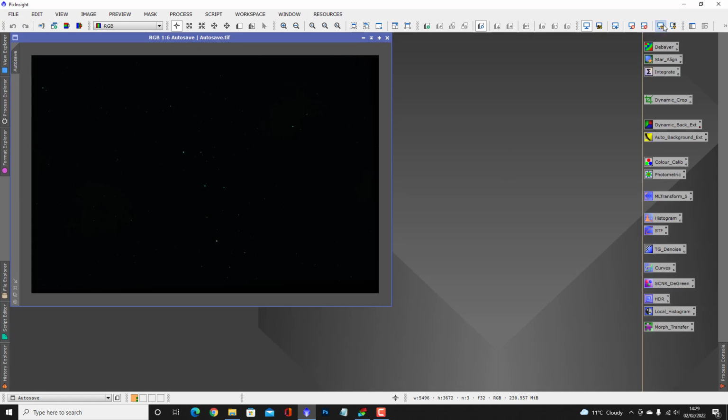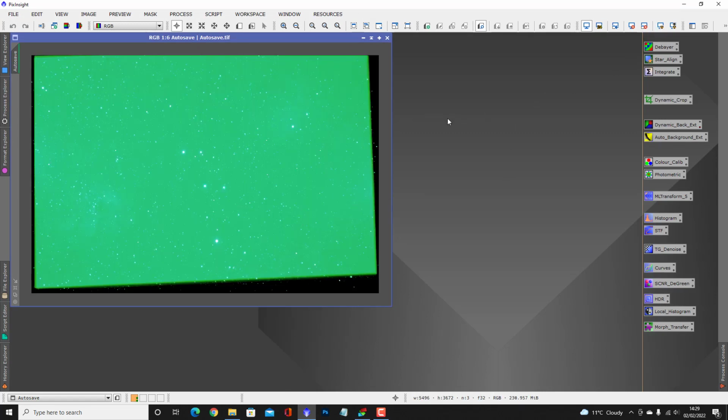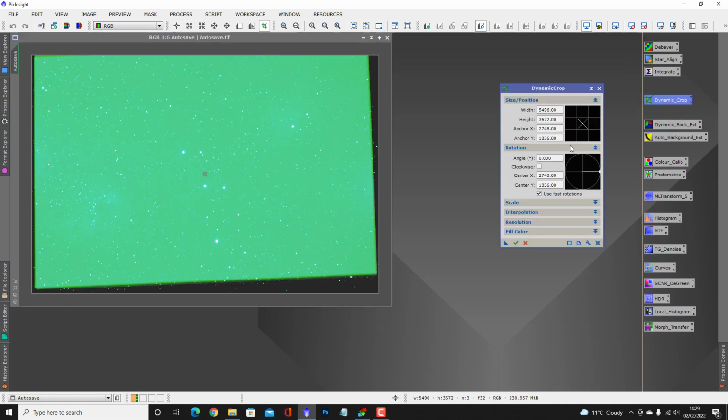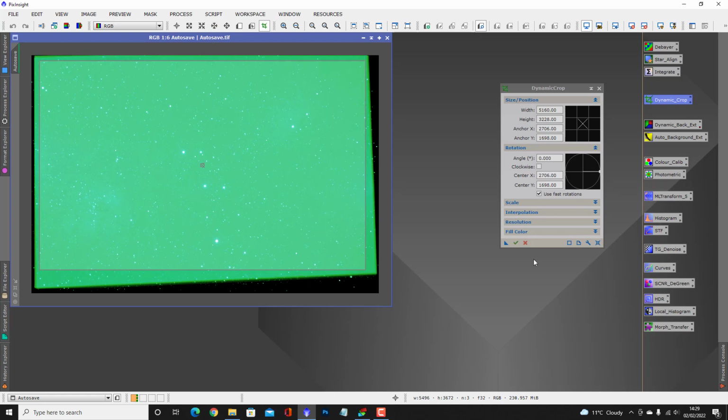So we'll start with a quick auto stretch, and you can see it's offset slightly. I think there's a meridian flip going on, so it's got some artifacts around the outside, so we'll just crop it in slightly. So we've just got the basic image,